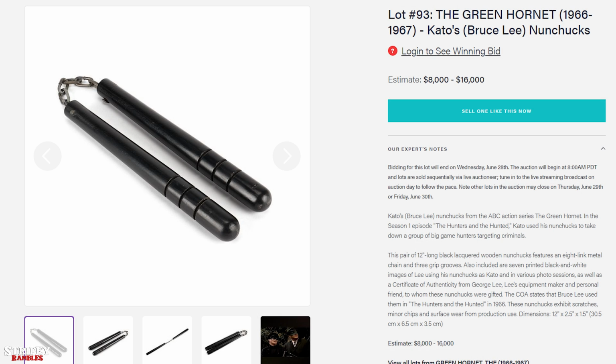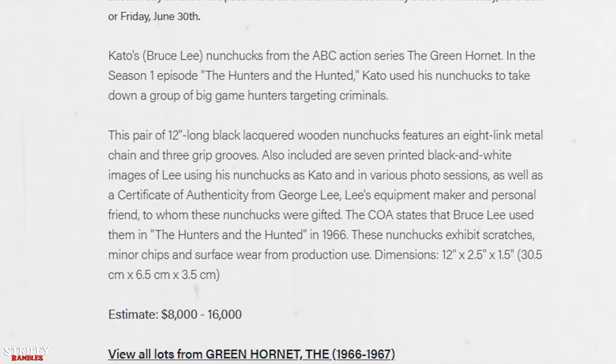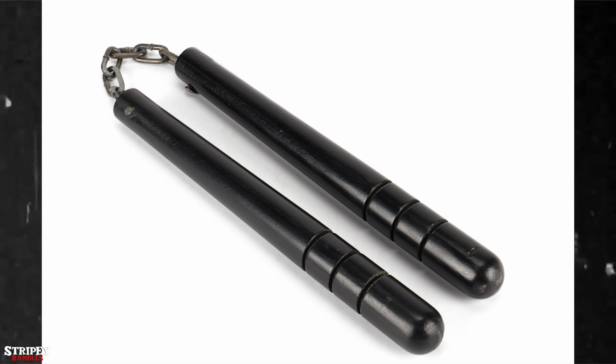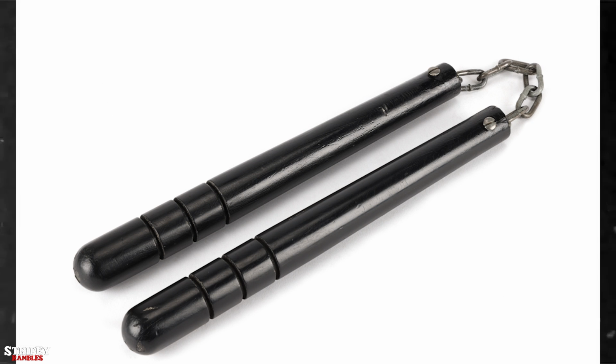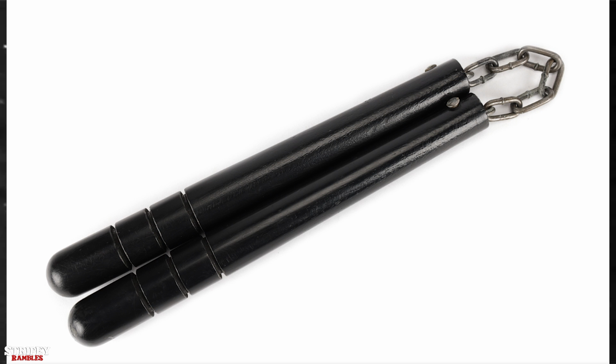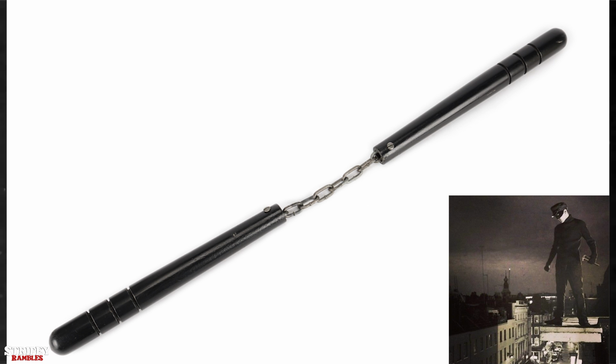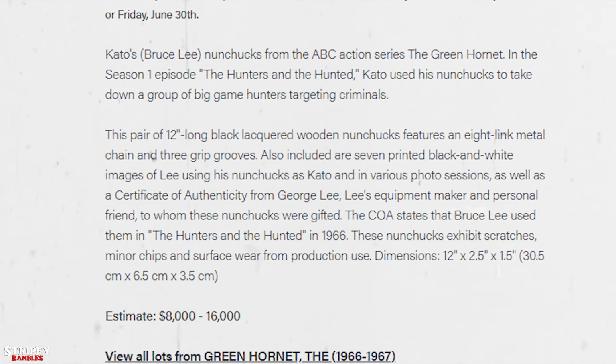Prop Store auctions. Kato's Bruce Lee Nunchaku from the ABC action series The Green Hornet. In Season 1, episode The Hunters and the Hunted, Kato used these nunchucks to take down a group of big game hunters targeting criminals. The pair of 12-inch long black lacquered wooden nunchucks featured an 8-link metal chain and 3 grip grooves. Also included are 7 printed black and white images of Lee using his nunchakus as Kato in various photo sessions, as well as a certificate of authenticity from George Lee, Lee's equipment maker and personal friend,